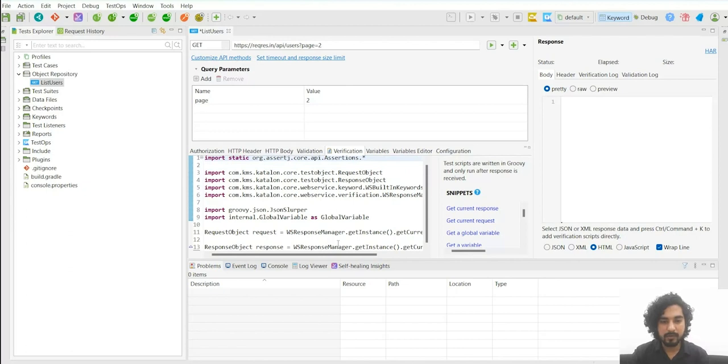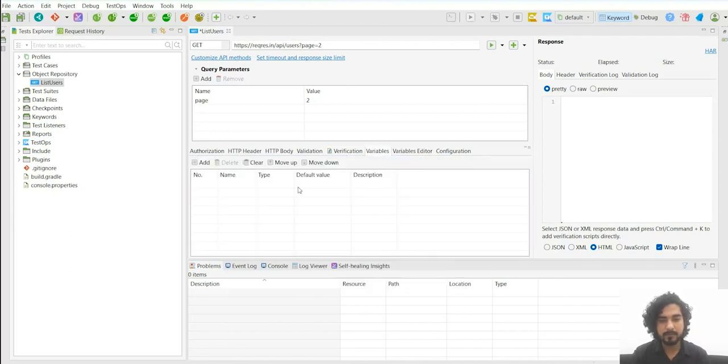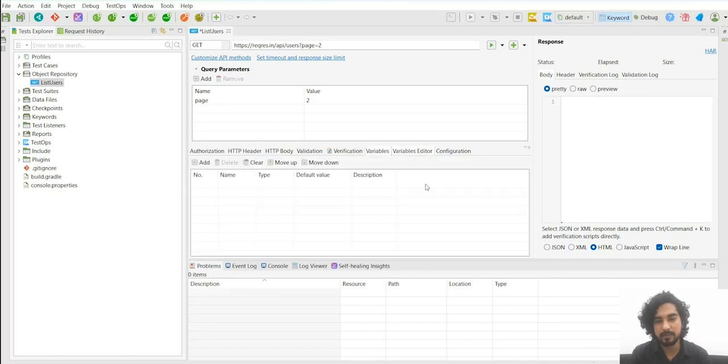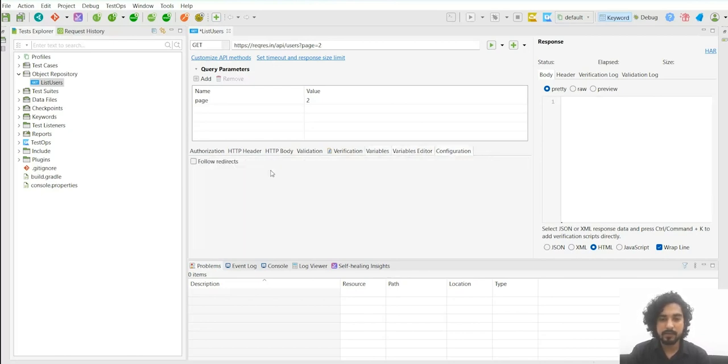And you can play around if you are familiar with the scripts and everything. Then over here there is a variable section. If you want to parameterize your test, then you can utilize this variable section. Then we have a variable editor, which is a script level representation of the variable section. The configuration is basically